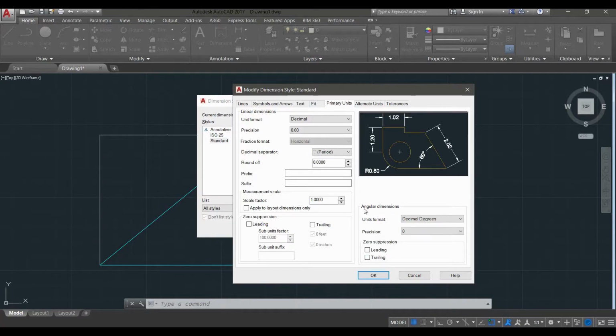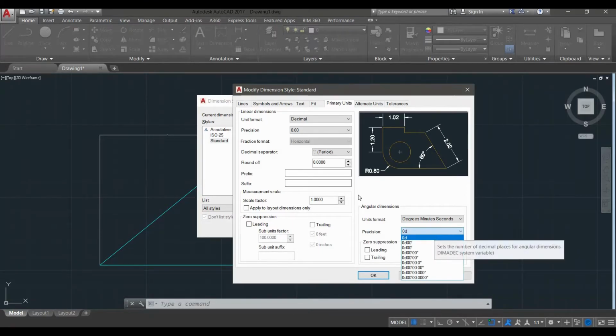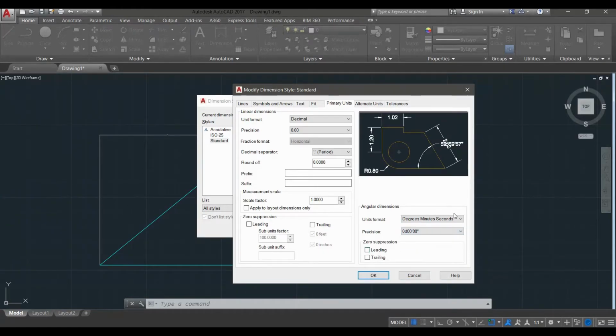Next, we go to angular dimensions. So in the angular dimensions, it pertains to the angle. So this one is decimal degrees. You could choose degrees, minutes, seconds. And for its precision, the same with the precision for the length dimension. You could actually create this or choose this there, or you could have seconds. It depends on your convention, but the common convention is decimal degrees. And then,